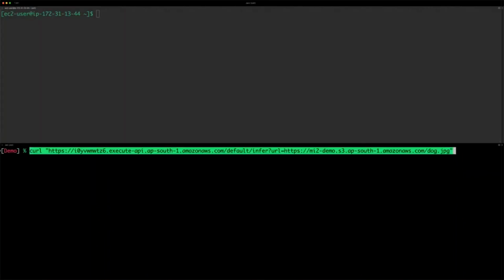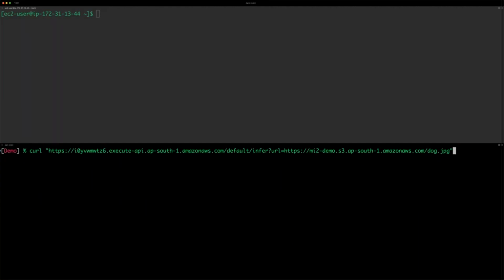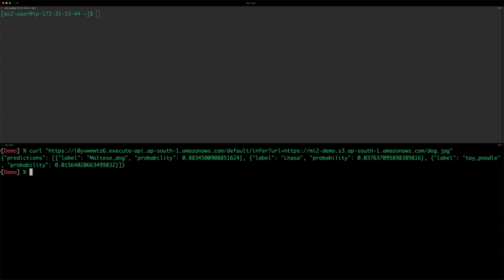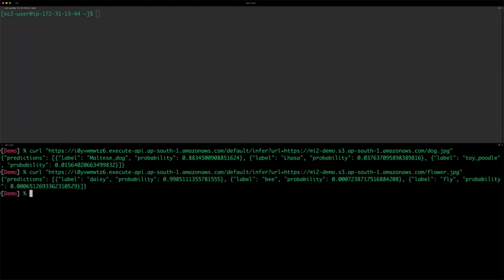So now this is going to hit the API Gateway, and from there it will go into the Lambda function, and then we should see the results. There we go. Takes a few milliseconds, extremely fast. Now I can play with other images. I only uploaded 2, but you can eventually pass any image and it should be able to predict. So this is pretty cool.